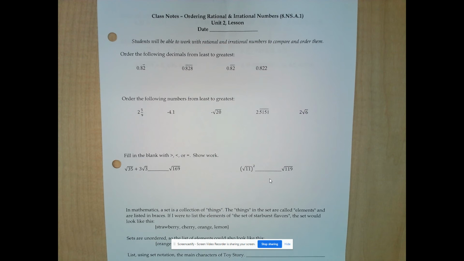We are MSM3 and we are looking at Unit 2, Lesson 2, ordering rational and irrational numbers. So we have to understand, what does a number mean and how can we compare it to the other ones? For example, if we wanted to order this following set of decimals from least to greatest, we need to